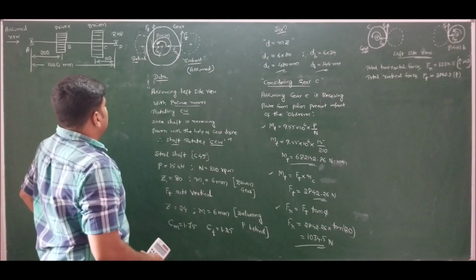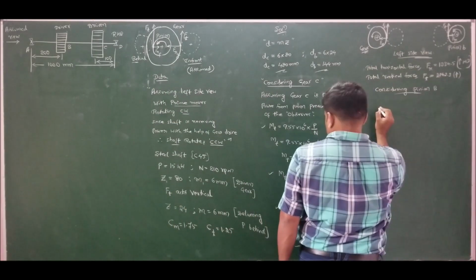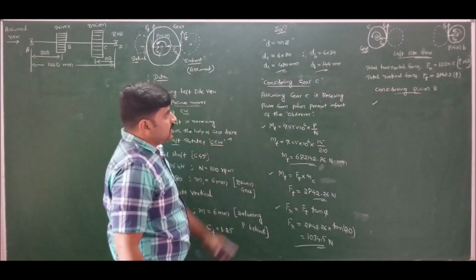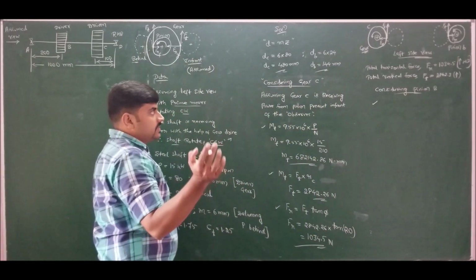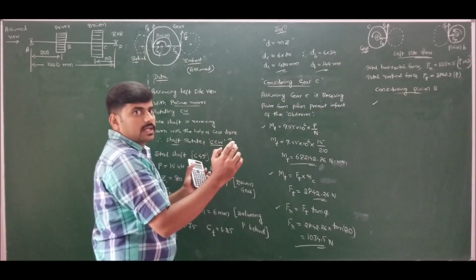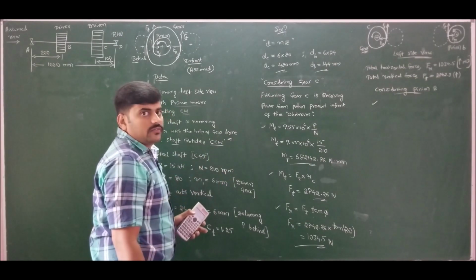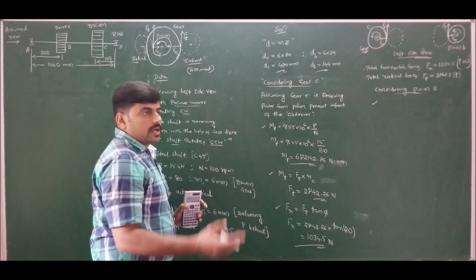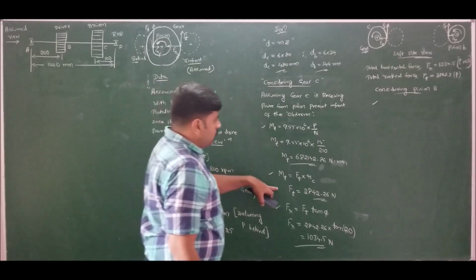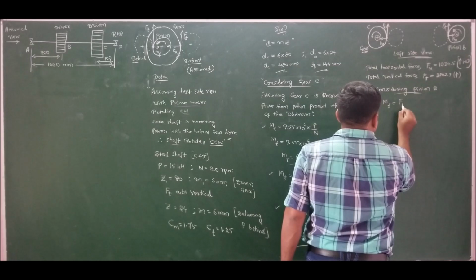Moving for pinion, considering pinion B, we have three equations. In that, the first equation is not required because Mt remains same. We are receiving the power from one gear and we are giving out the power from another gear. So therefore torque remains same. We are not giving out torque in two different gears or gear and pulley. We have one gear to receive, another gear to give out. So torque remains same. Move for second directly, that is Mt is equal to FtB